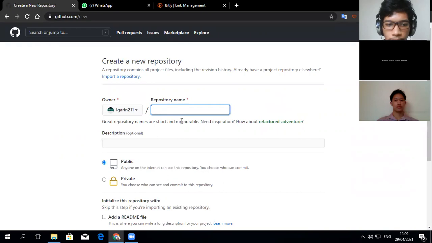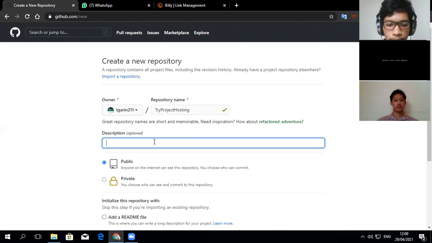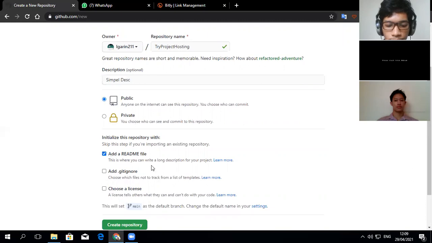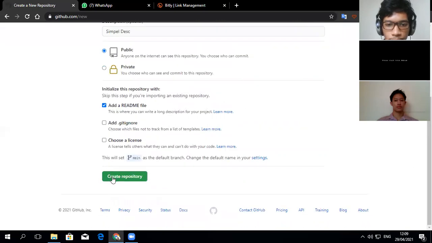I will name it try project hosting. Give a simple description for this project, make sure it is public, and check the README file option, then create the project.